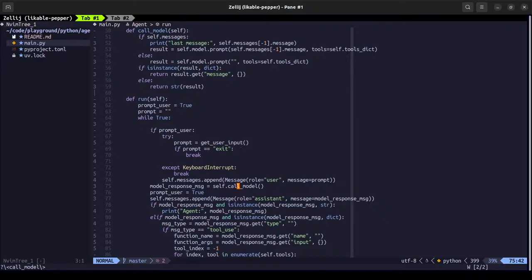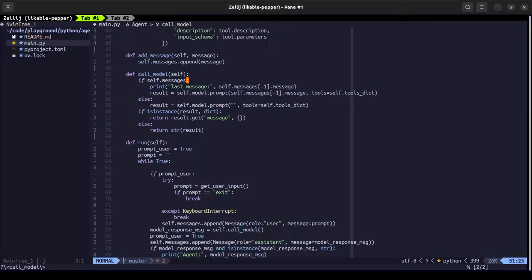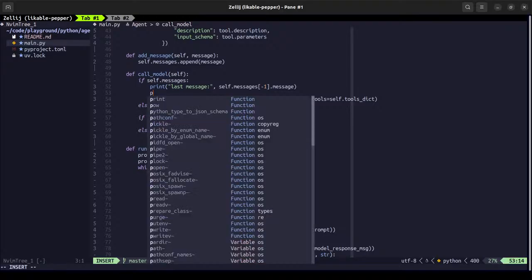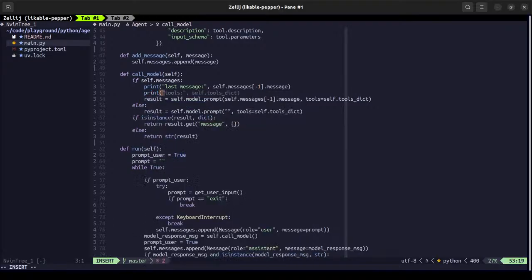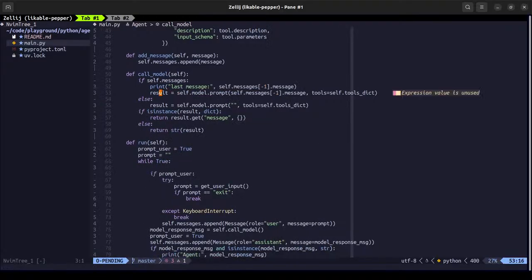Where is it? Will be missing it. That's not missing. Oh, wait.